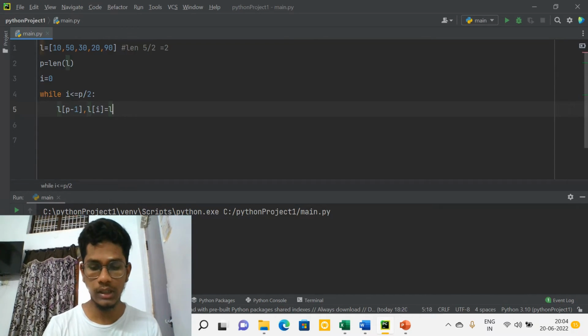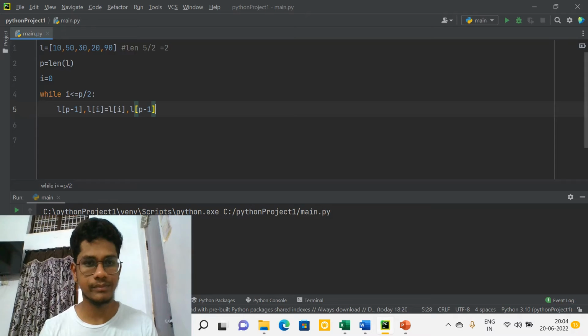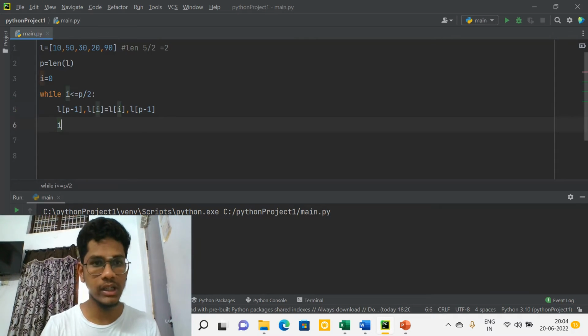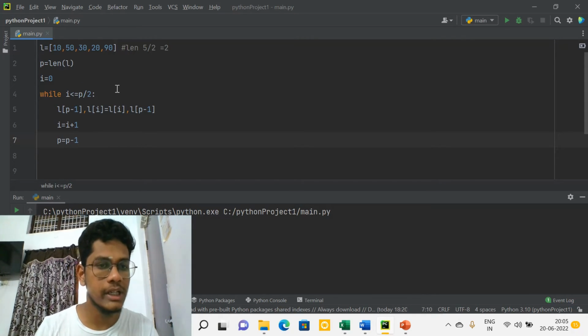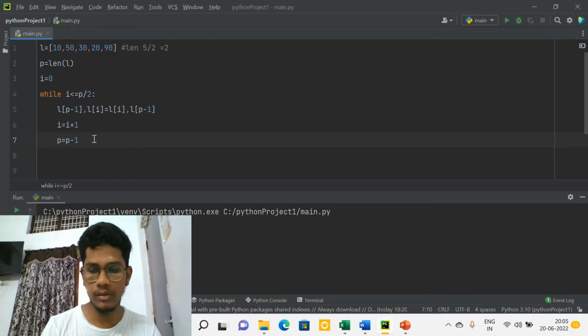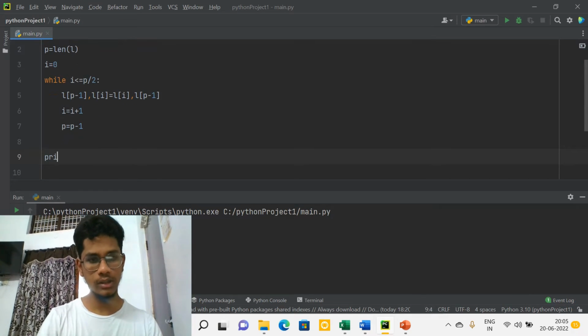We are simply swapping with the help of this technique. That's it. We increase the i value by 1, and the p value will be decreased. After that, we have to print